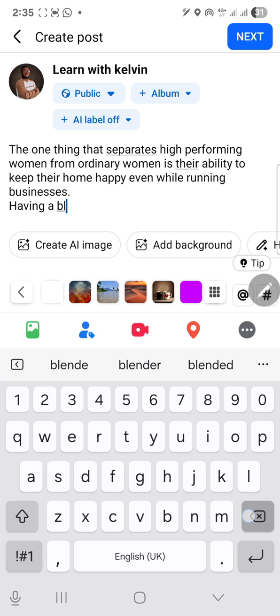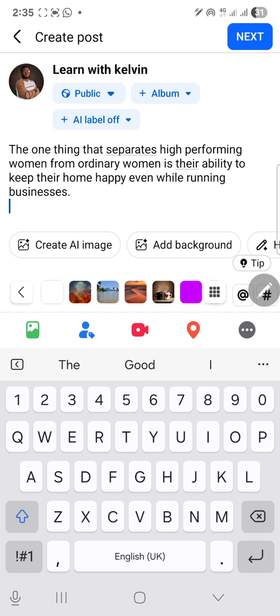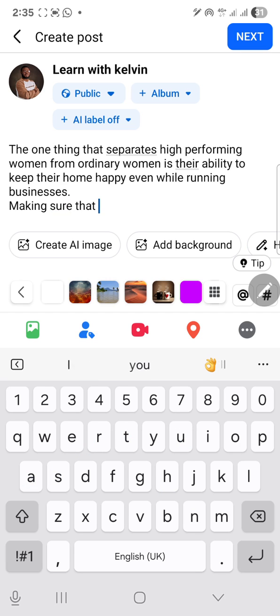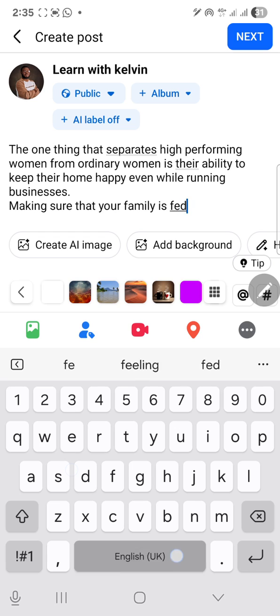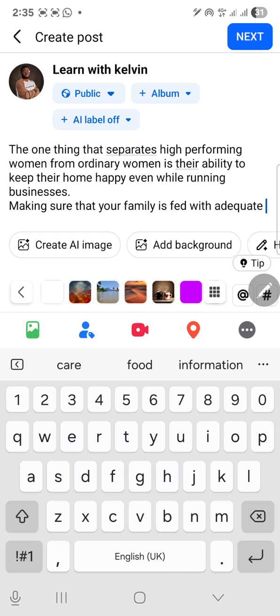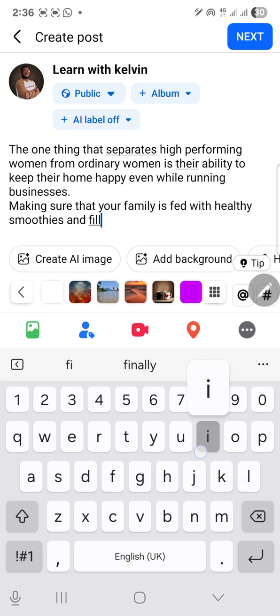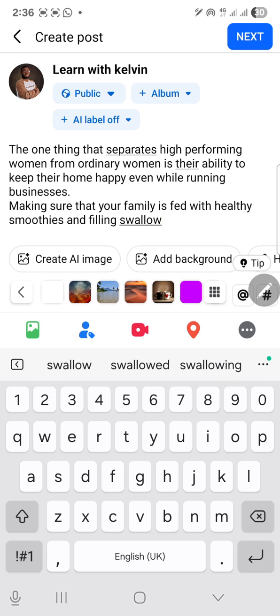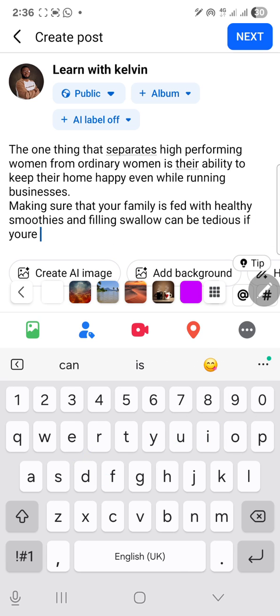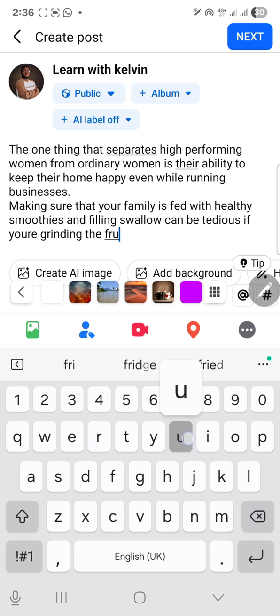Having a blender, or I can say, making sure that your family is fed with adequate juices or healthy smoothies and feeling swallow can be tedious if you are, I don't know, grinding the fruits